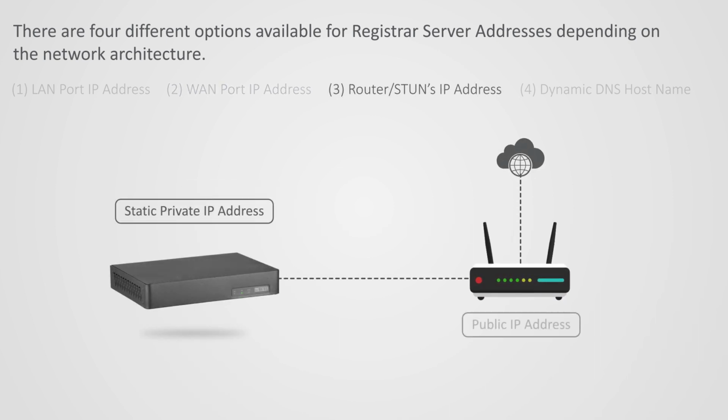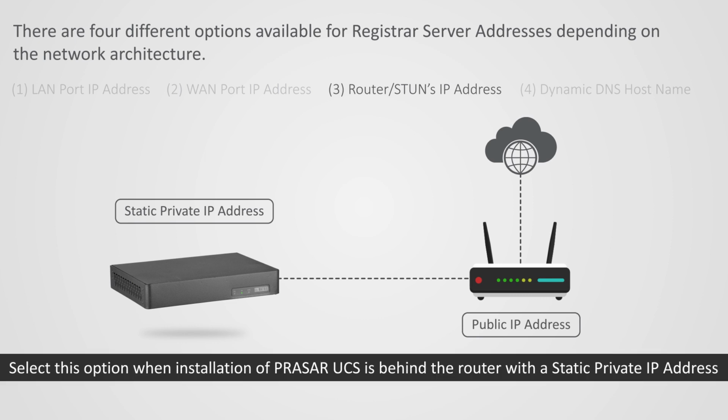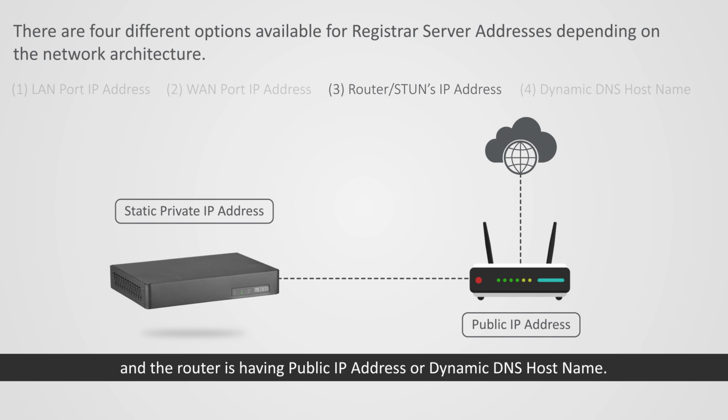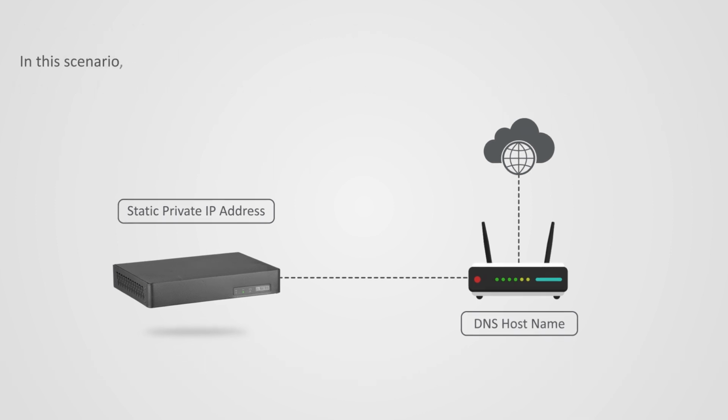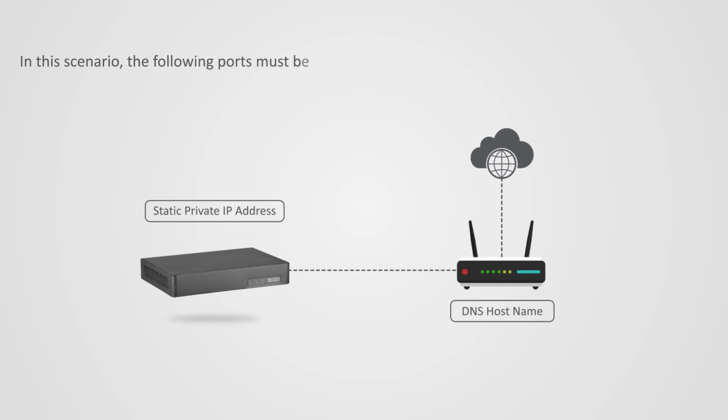Router or STUN IP address. Select this option when installation of PRASAR UCS is behind the router with a static private IP address and the router is having public IP address or dynamic DNS host name. Note: in this scenario, the following ports must be forwarded to the static private IP address of PRASAR UCS: